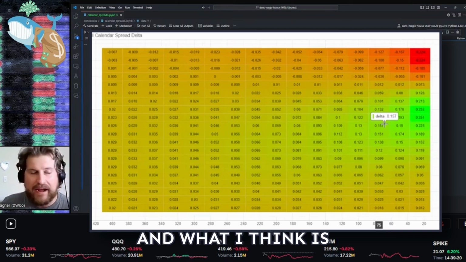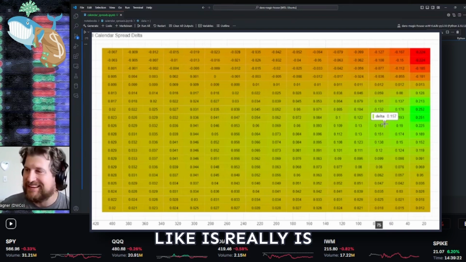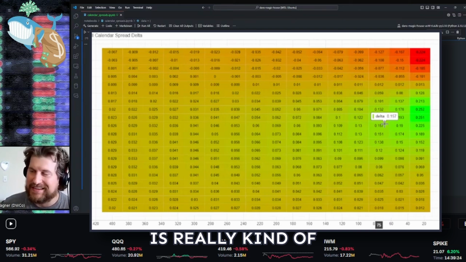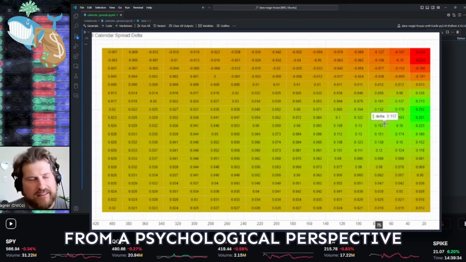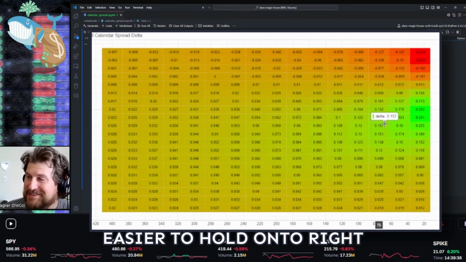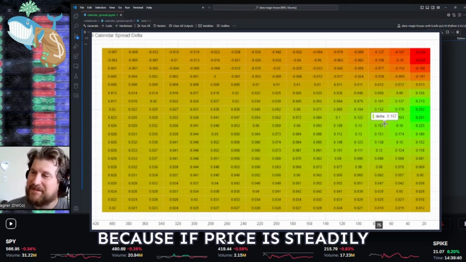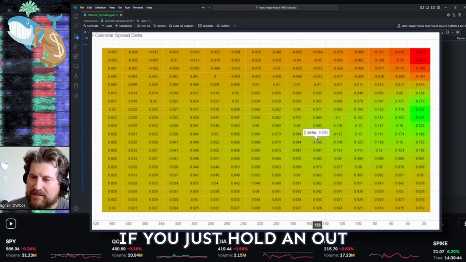And what I think is really kind of magical about that is that from a psychological perspective, it makes these easier to hold on to, right? Because if price is steadily moving in your direction, if you just hold an outright